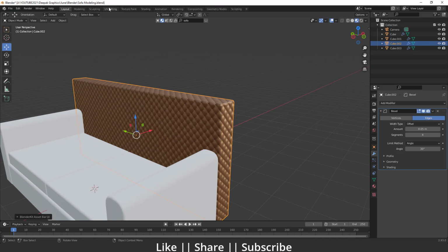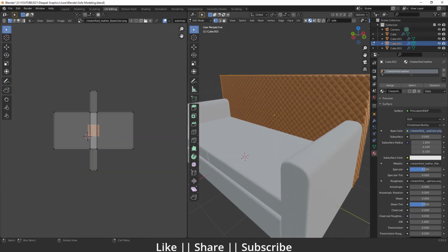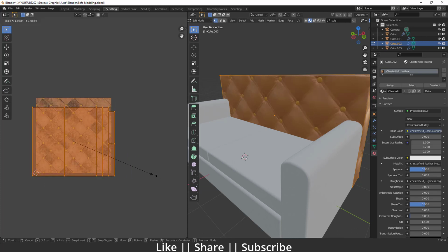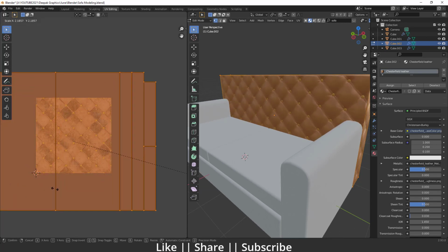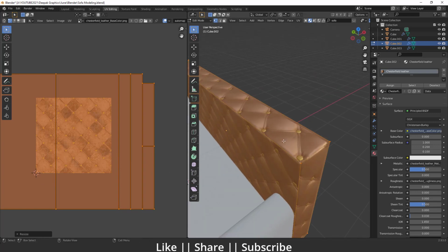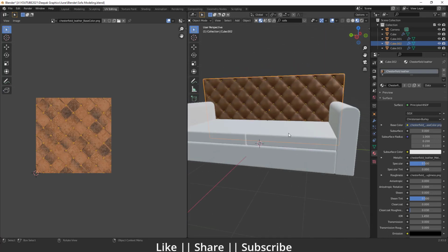So for that you just have to go to your UV editing section, and here you select your model, then you press U, and do smart UV projection. So you will see something like that. Then I'm gonna select all my texture from my texture bar, and then I'm gonna scale it something like that. So I think that much texture looks fine to me. Okay, yeah, that looks fine to me. Here you can see. Okay, yeah, that's great.